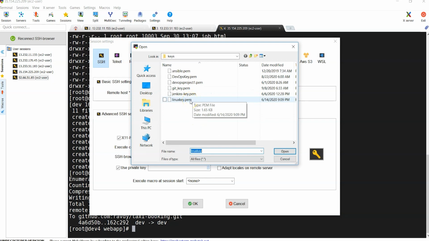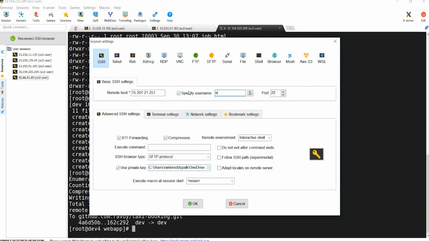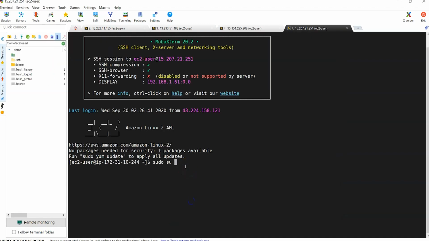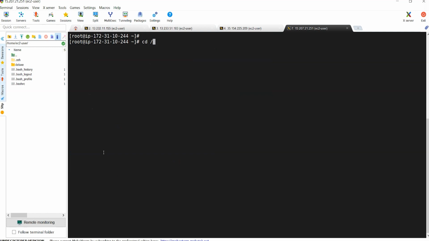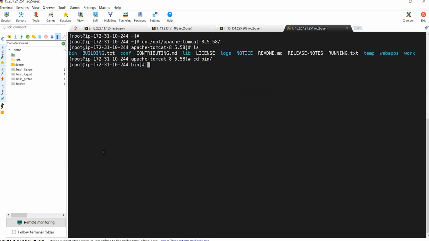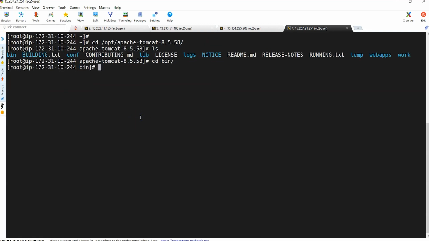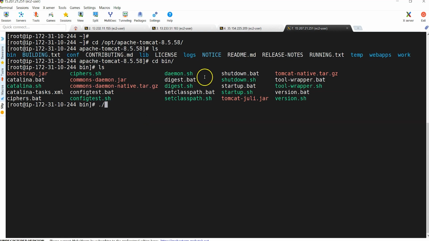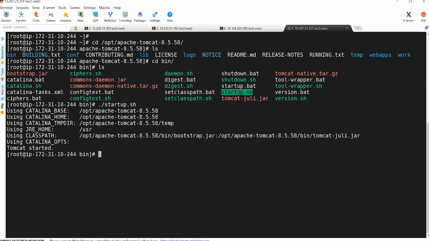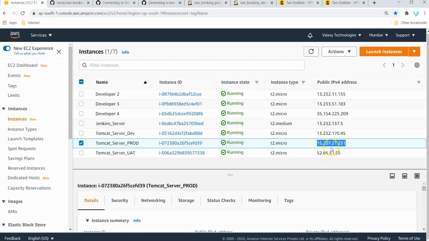So let's go to load key pair, ec2-user. Okay, I'm becoming root. /opt/apache-tomcat and bin. Here we have the application. So I'm quickly starting this application. For that, startup.sh. That's it. Now if I try to access my production server application from the browser,